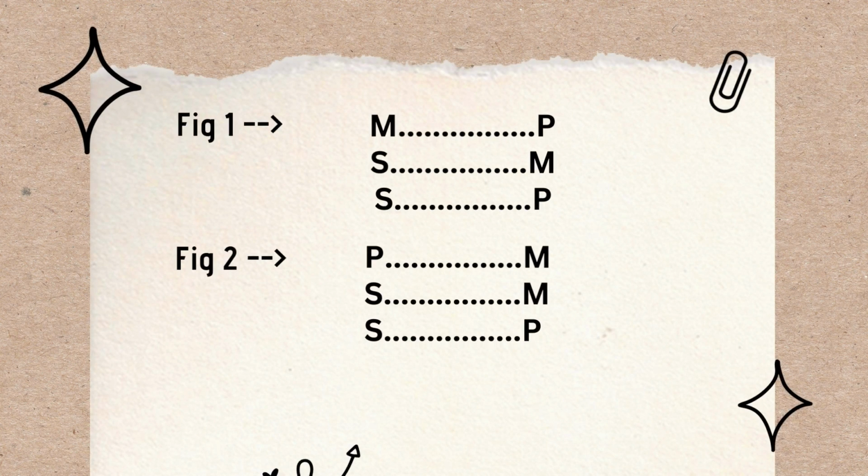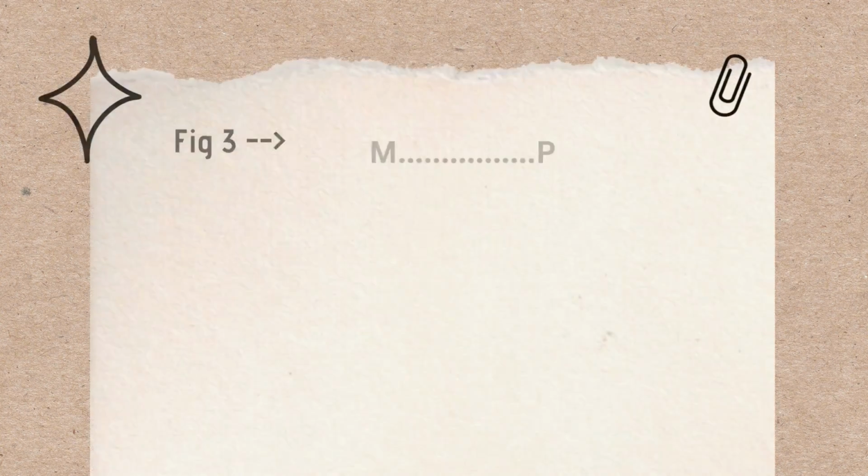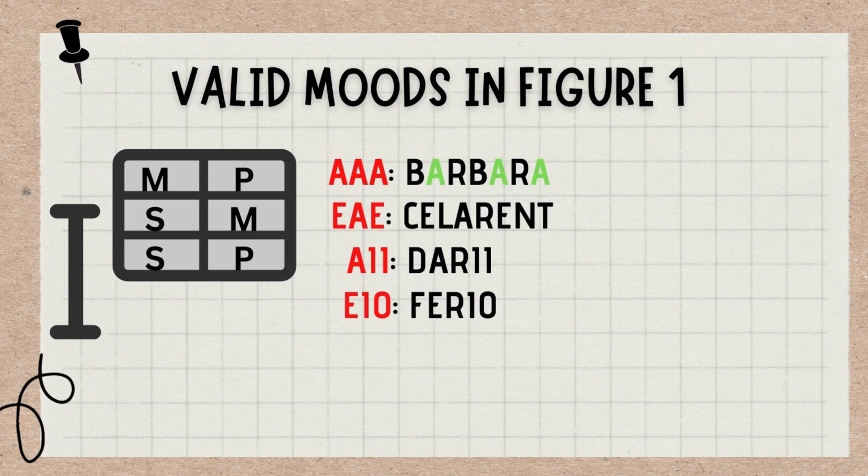We already saw that we have four figures in syllogism: figure 1, figure 2, figure 3 and figure 4. First, our syllogism must be in the form of figure 1, which is MP, SM, SP, in order to check the moods. After checking the figure, we must check the valid moods of figure 1, which are AAA, EAE,